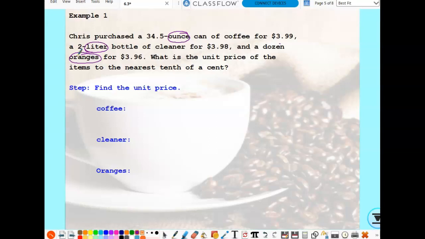So if we want to find the unit price for each one of these, we're going to take the cost for each divided by the number of units. For the coffee, our cost is $3.99. And the number of units, remember our unit is ounces for this one, is 34.5. So when we divide $3.99 by 34.5, we get